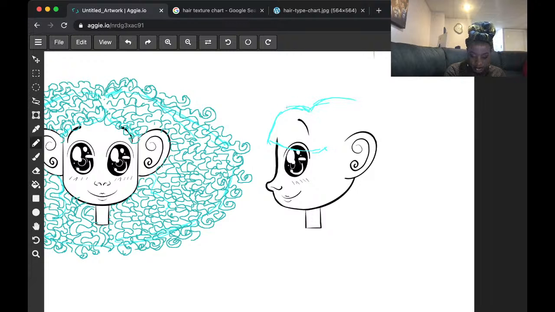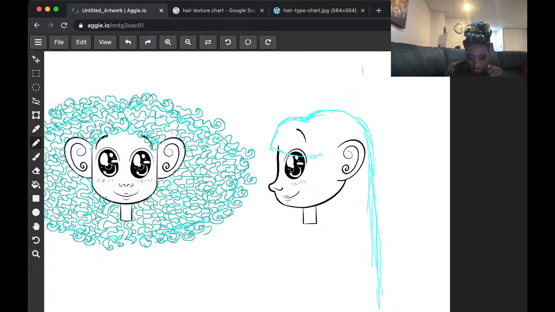And it's going to have this divot in the bang. That's where it stops. And have the back side of the hair come all the way out and down the head. Maybe there's a strand of hair that's coming right before the ear, and then we have some more hair in the back. And it's pretty simple. There's not a lot to it, but what you can do to dress up straight hair